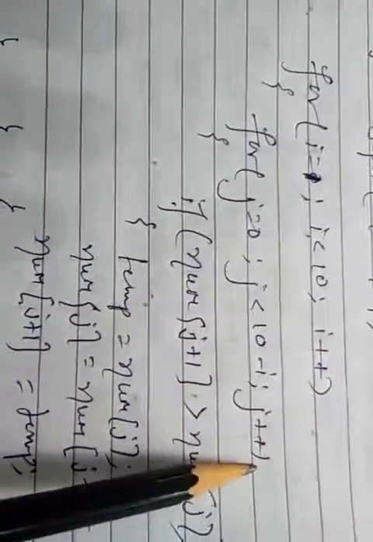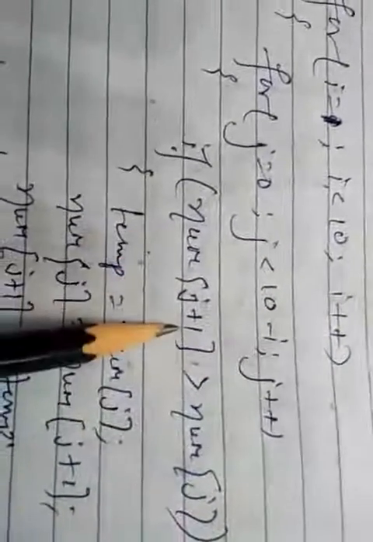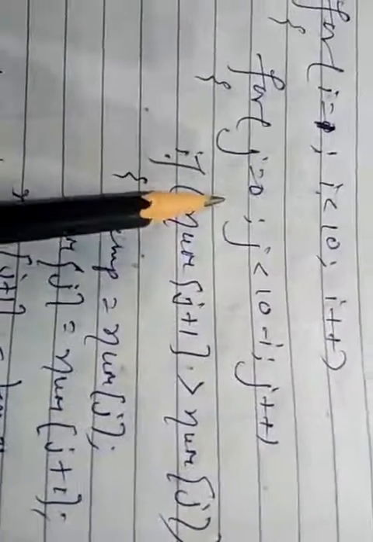The first loop is for the number of passes, and the inner loop is for the comparison. The passes will be 1 less than the number of elements, so we start from 1, and j will be 0, and j is less than or equal to 10 minus i. So num of j, if the value of j is 0, then j plus 1 becomes 1. So 0 will be the first element and 1 will be the second element. If the first element is greater than the second element, then we will swap. Again this process will be repeated.